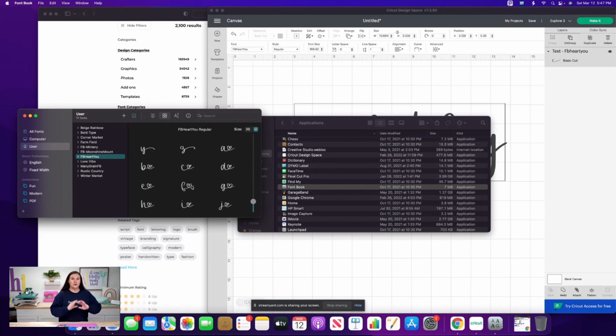Now, these hearts are attached to the letter. So what I want to do is find that letter Y because that was our last letter. You always want to find the last letter of the first name that you're doing. So I need to find the Y. I'm going to go down. Obviously, they're in alphabetical order. Once you find it, click on it. I'm going to hit Command C. If you hit Command C on your keyboard, you're going to be able to grab it. That's going to copy it.